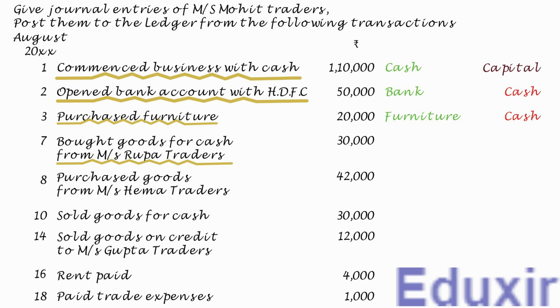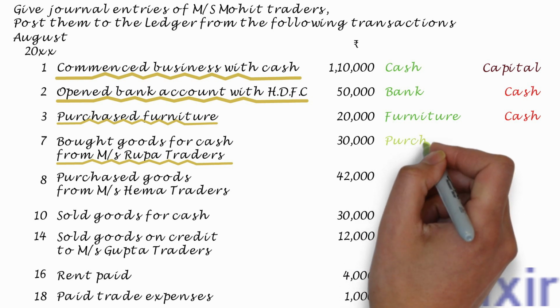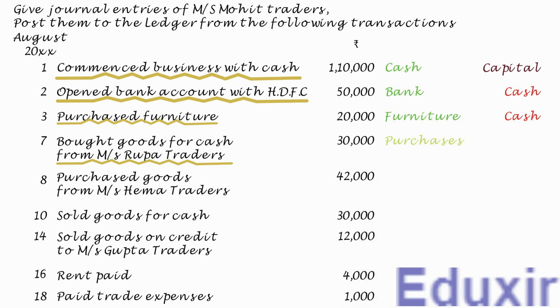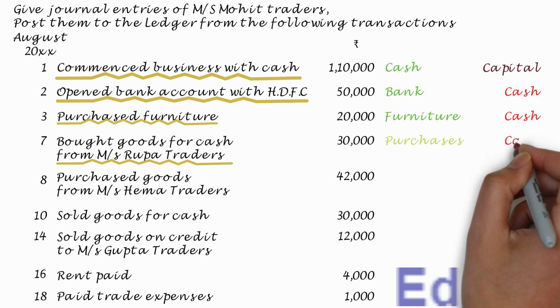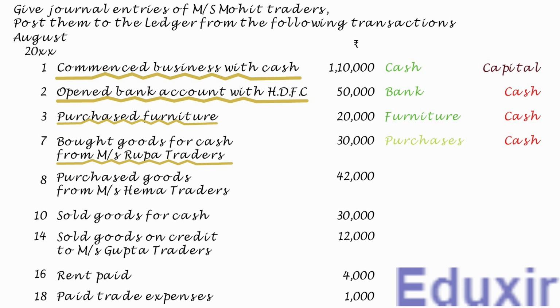As you know, the purchases are revenue expenses. In other words, the business is incurring an expense named purchases in this transaction. The rule to record any expense incurred is to debit the corresponding expenses account. In this case, the purchases account should be debited. At the same time, as the payment for these purchases is made in cash, the cash asset available with the business will be decreasing. The rule to record any decrease in the asset is to credit the corresponding assets account. In this case, the cash account should be credited. With this analysis at our disposal, let us now proceed with the journalizing of this transaction.